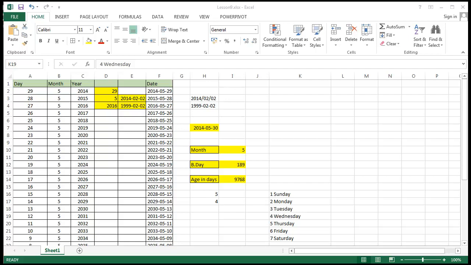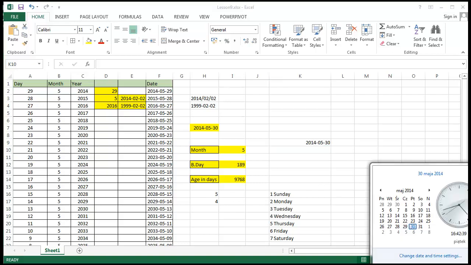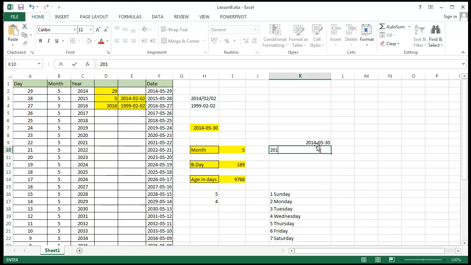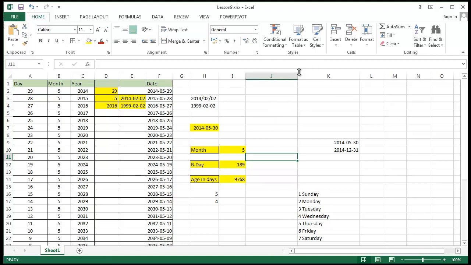Let's use the network days. So today, let's insert equals today again. Great, we have today's date, and let's say the end of the year, so that would be this year 2014-12-1. Okay, so we have 2 dates. We have today's date and the last day of the year. So the remaining workdays function